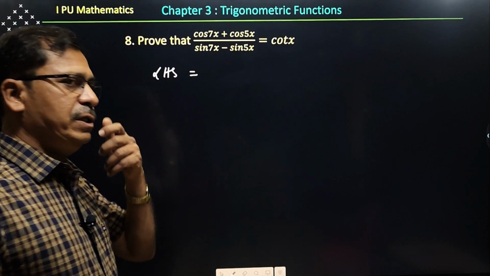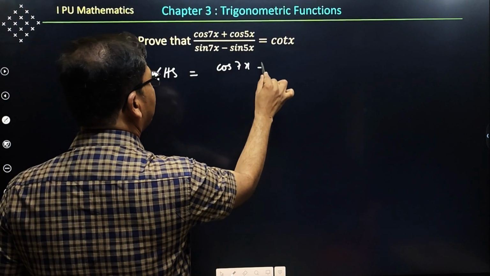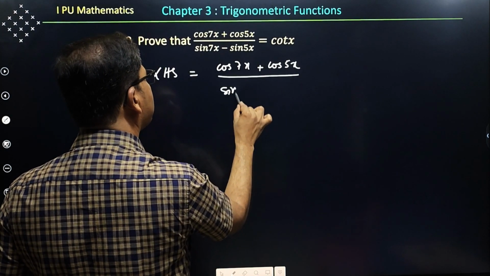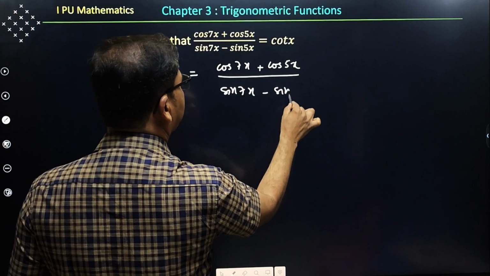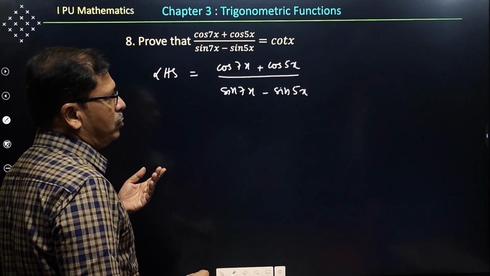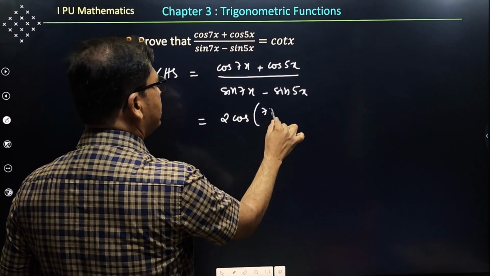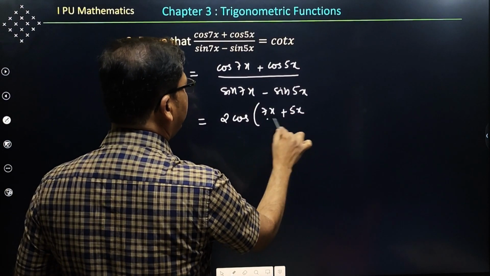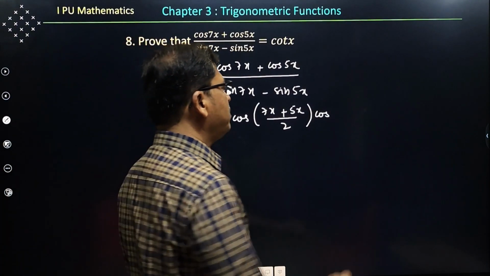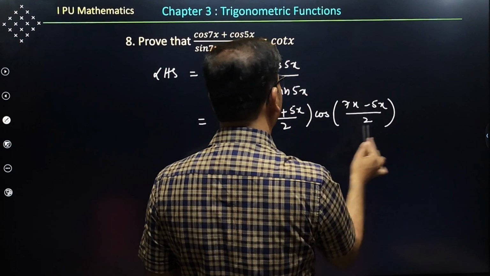See, there is an easy question here. Let me take the LHS part. Cos 7x plus cos 5x divided by sin 7x minus sin 5x. For the numerator you apply cos plus cos, 2 cos into cos, that is 2 into cos of c plus d divided by 2, into cos of c minus d divided by 2, that is 7x minus 5x divided by 2, whole divided by